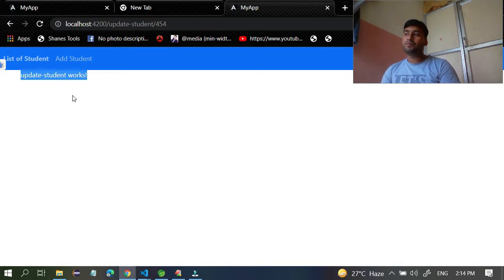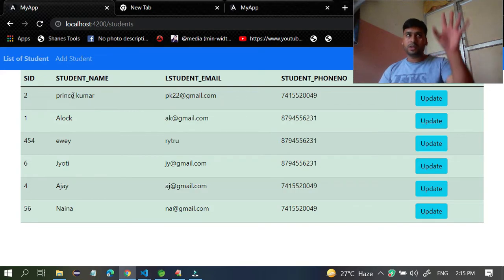One thing is, first read the ID, and based on the ID fetch the data from the server and show it in this component. Once you show this in the component, then tell the user to edit based on your requirement. Previous is this one. If you want to change, you can change it, and you can update it. That's it. Okay, so fine.